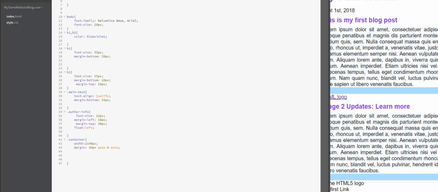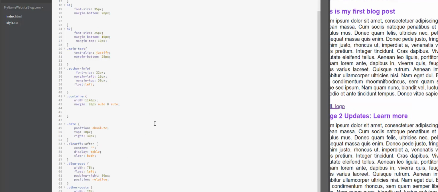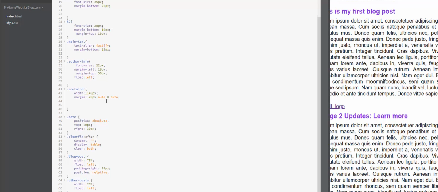Okay, so before this video gets too long, I'm going to go ahead and pause it, and I'm going to type the rest out. Okay, so here's what I have now. So right under the container,